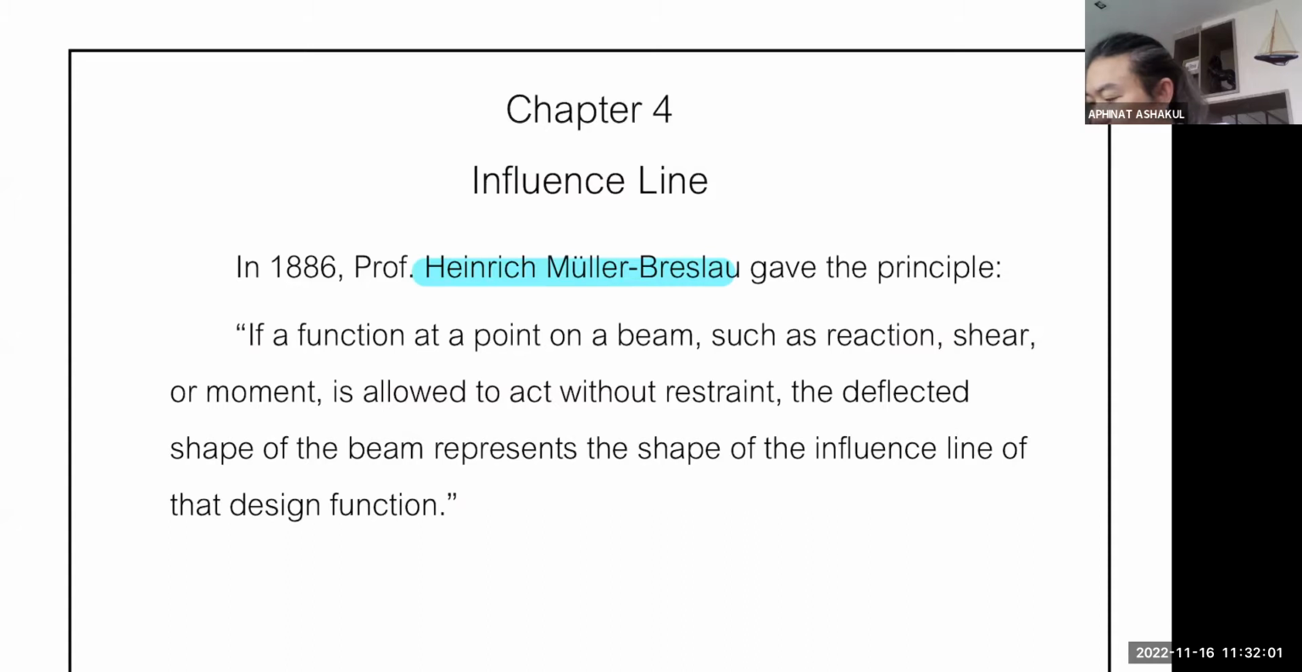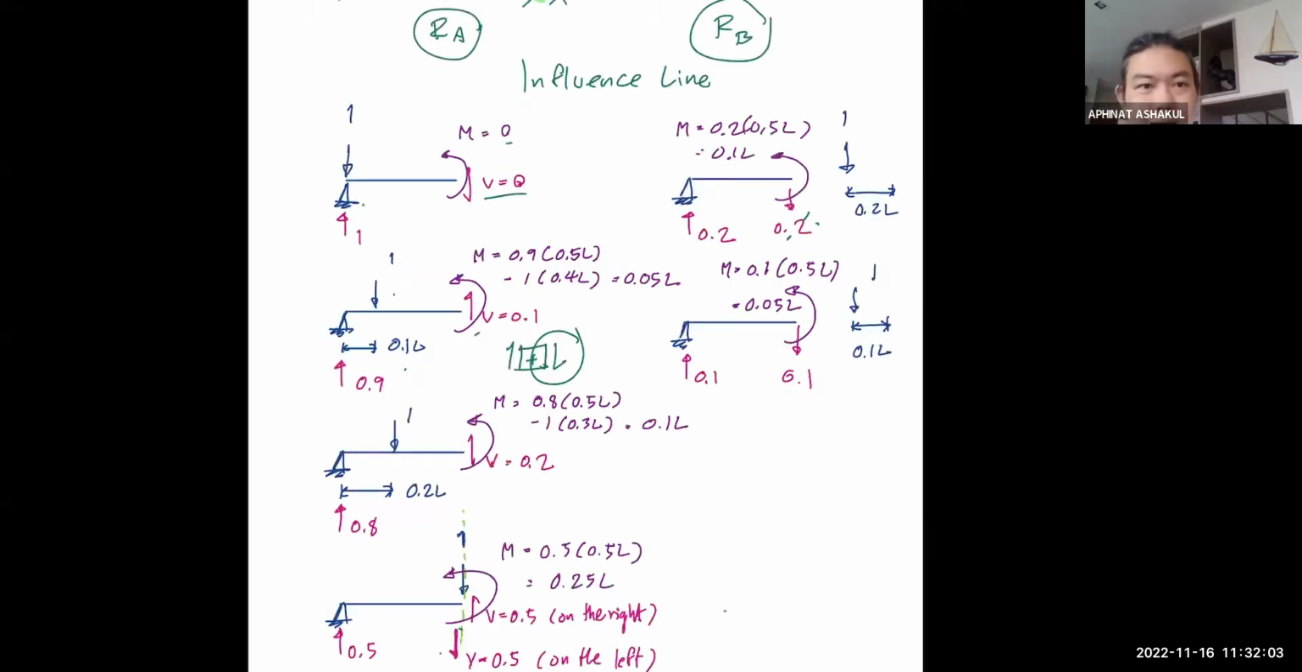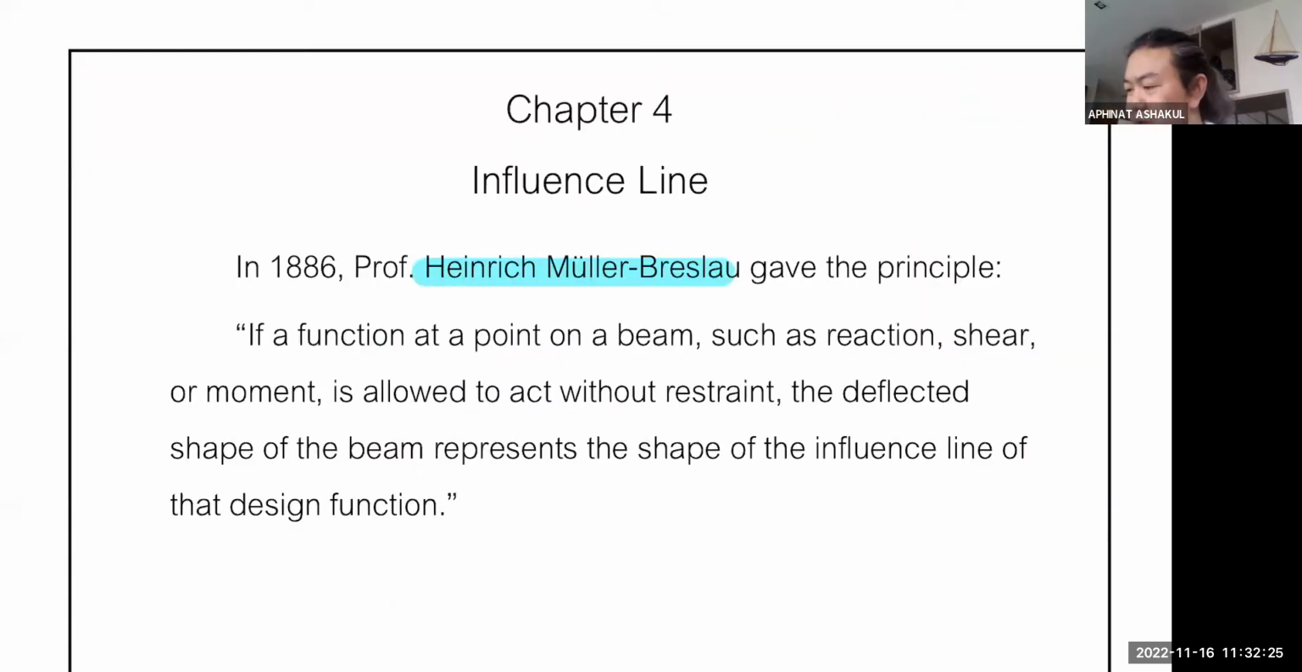from what we did in the first hour, it is kind of a hardship to try to create the influence line by solving the free body diagram one by one, placing your unit load painfully at each location. So not so long ago, just look at the year,